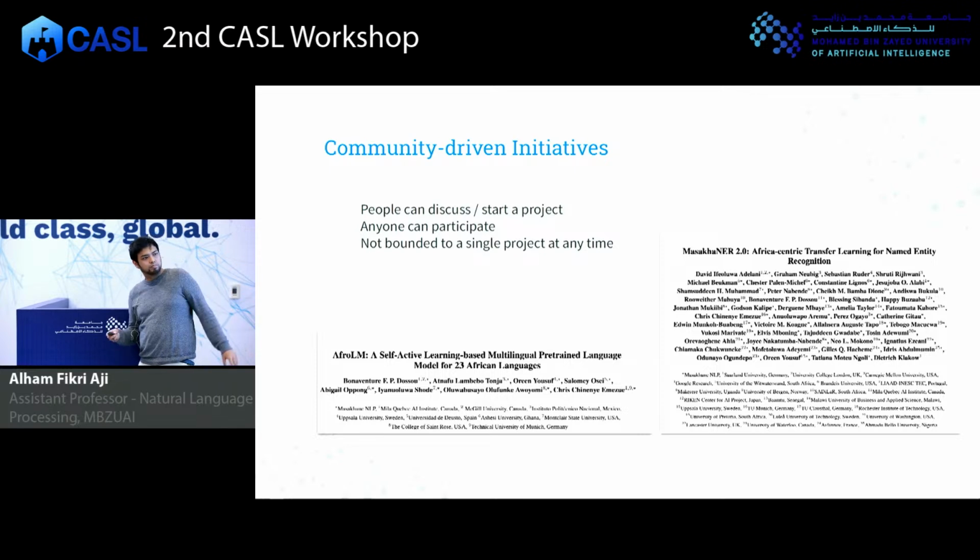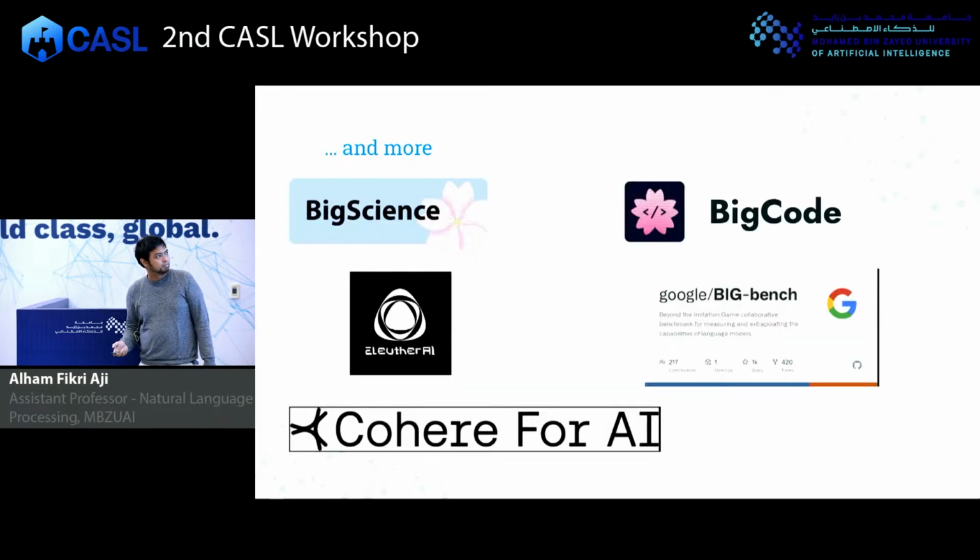These are examples from Masakhane, where they publish some of the data sets. They release many African data sets. These are some examples. Right, and we do have more. For example, Big Science. We've heard Big Science and Bloom a couple of times today. They are also doing this as an open project, right? It's not private to Hugging Face only. Everybody can participate in Big Science. We have other initiatives as well, as I've seen here.